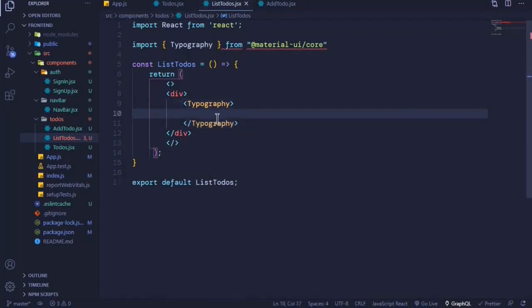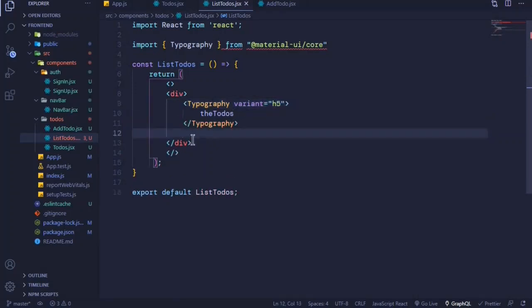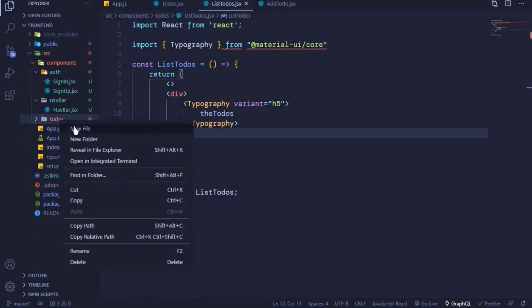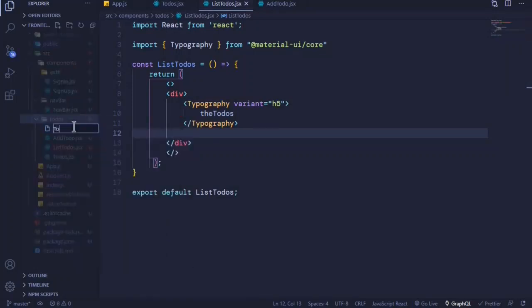And in here I can simply say the to-dos, and then the variant for our typography will be H5. So this will be H5, and then after this heading is when we'll have our to-do component. So let's create the to-do component. Inside our to-dos folder, I'll add a new file called to-do.jsx,